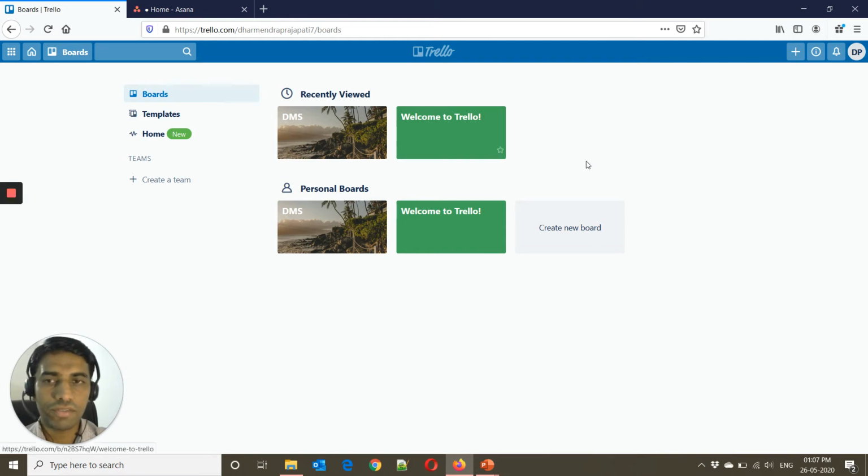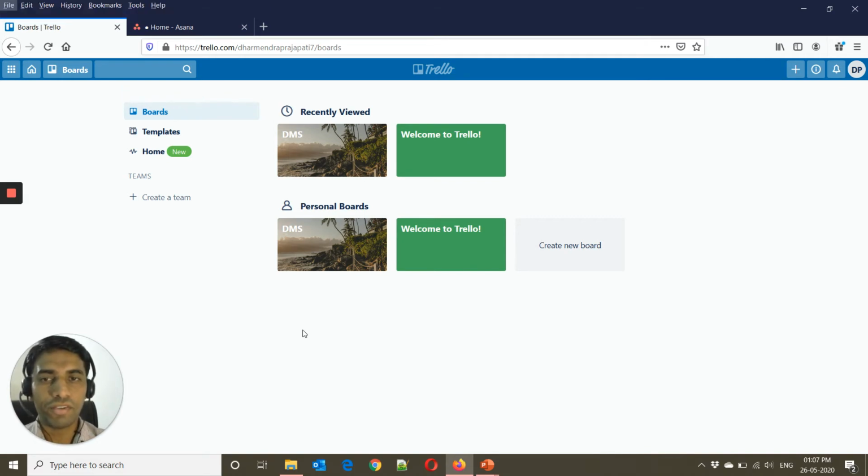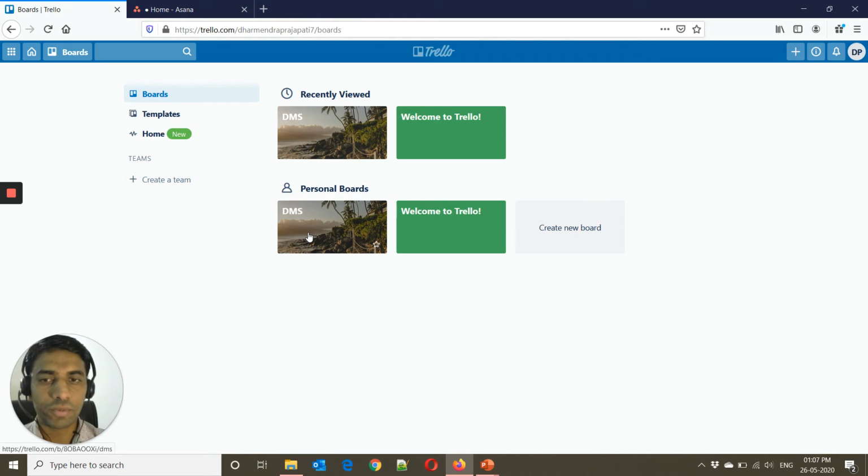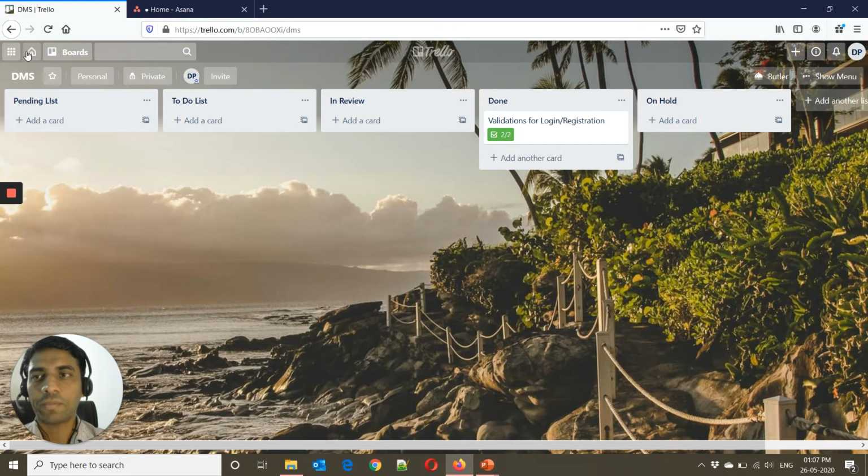Here we can also create boards team-wise, so that particular task board will be accessible to a particular team. Okay, so this is a really awesome tool. I have used it personally, and I am really impressed with Trello, the way it provides the user experience.